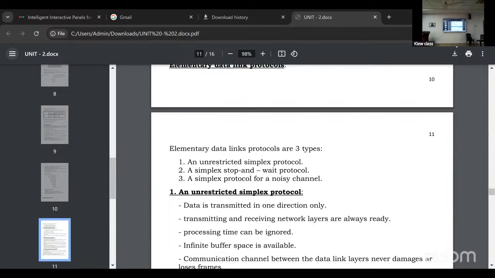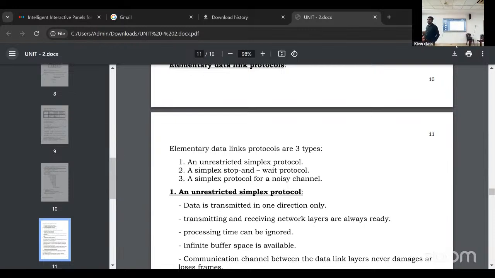Okay. So very small topic. This will wind up the last topic. Actually, last we have IEEE, the MAC allocation protocol.